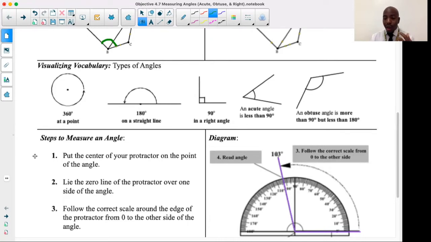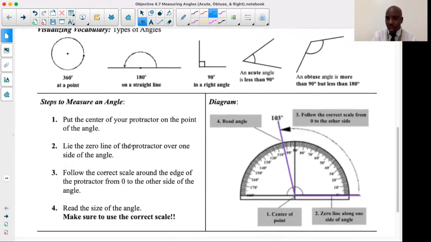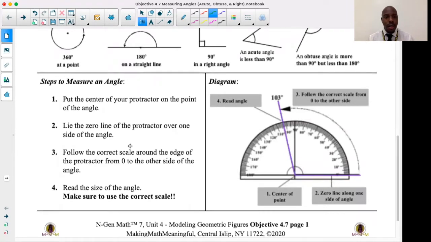I want to talk to you about how to use something called this protractor. How do I use a protractor, Mr. Whitford? I wrote out steps for you here, as well as a diagram indicating what the steps are. So if you ever get lost, come right back to the first page on this worksheet and read through each step. I'm going to read through them, try to help you understand exactly what they mean. And I want you to think back and just use this as help if you need it, okay? If you look at the right quickly, there's a diagram. And in this diagram, there are 4 steps there, the same 4 steps that are on the left,